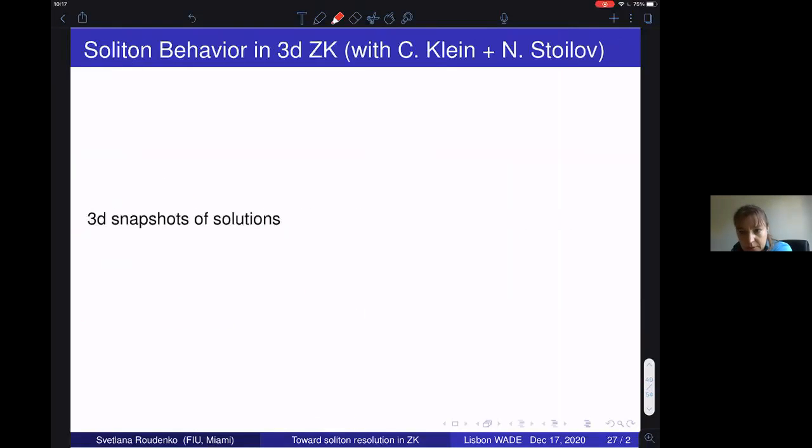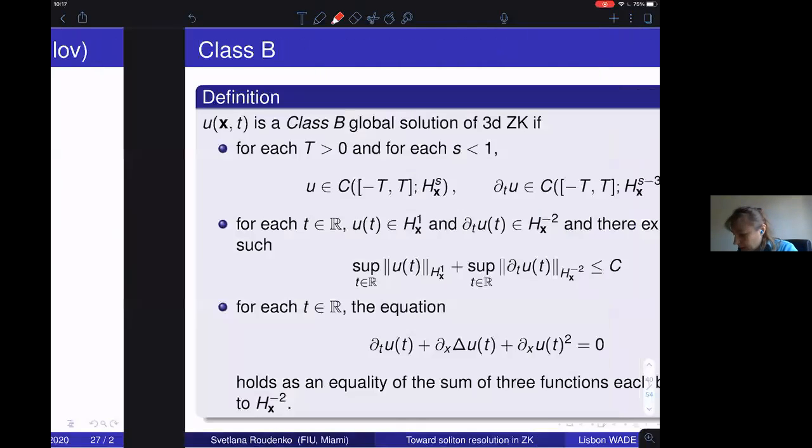So now I'm slightly debating. I'm doing okay with time. I can talk a little bit more about the theory, and I would like to show a couple of pictures. I think I can proceed with a little bit more of the theory, and then at the end I'll show you some of these snapshots.